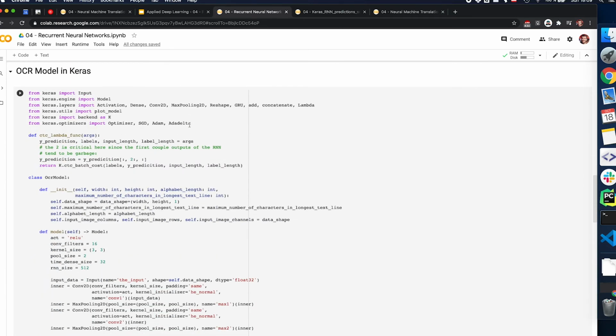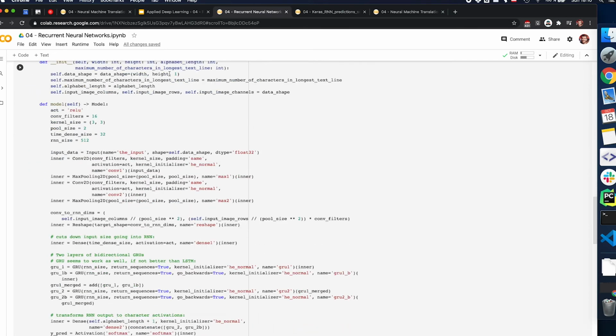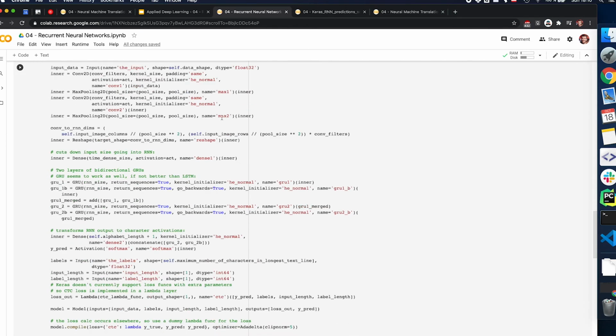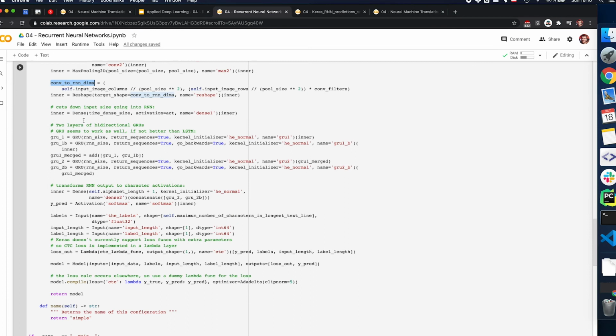So let's take a look at a bit more complex model here in Keras. What we're doing here is that we're saying, okay, our input here is an image. So we process that image in a certain way and extract some meaningful representation of that image. So we're using a convolutional network here as our input encoding. And then when we extracted a certain number of features, we are reshaping this, basically flattening our features the same way that we've seen last week. And then we process this in a dense layer to make some sense out of it, to allow the network to cut down the input size before we go into the recurrent neural network,